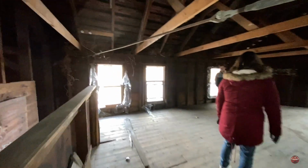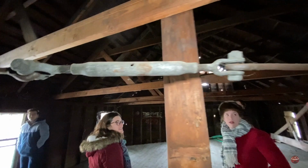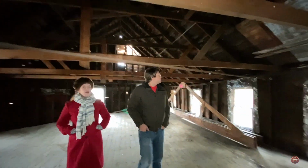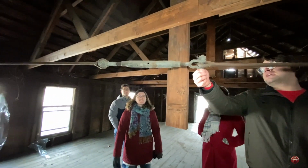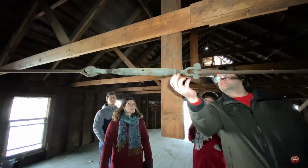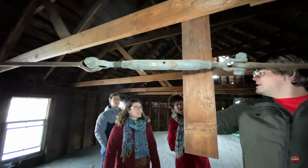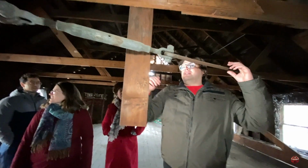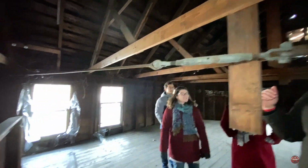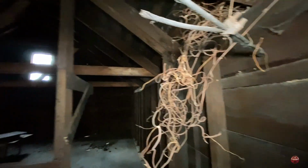Wow, look at this thing holding something together. So what this was is, when you have a barn, you see this in different types. Someone would come every couple of years, and there's a fitting, right here. You would put something in here and literally tighten it to keep the barn together, so you wouldn't have the walls falling apart. But at this point, this is not doing anything. The previous owners were making efforts to kind of...